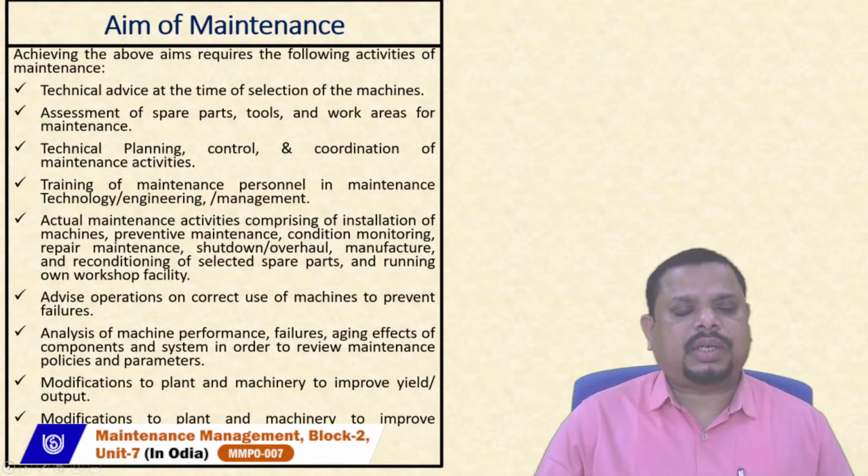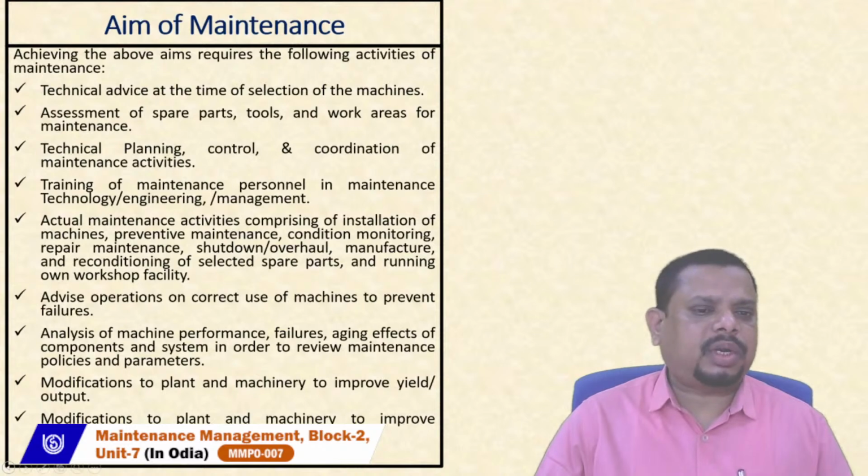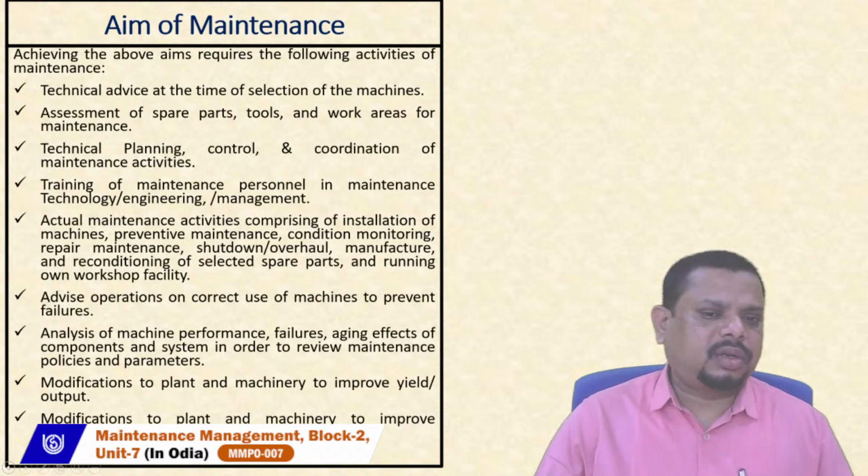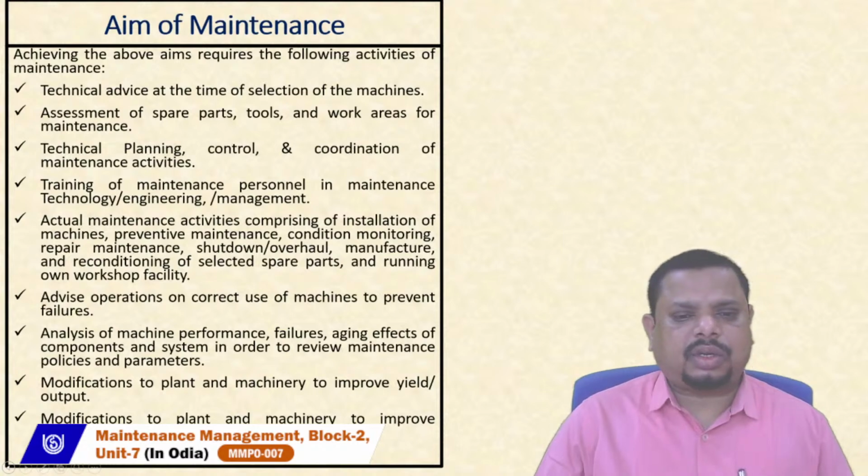The third one is technical planning, control, and coordination of maintenance activities, mostly done by the middle level of management along with the functional level of management. Then provide training of maintenance personnel in maintenance technologies, operation, in case of engineering or management. So on a regular interval, they will provide various amounts of training for the